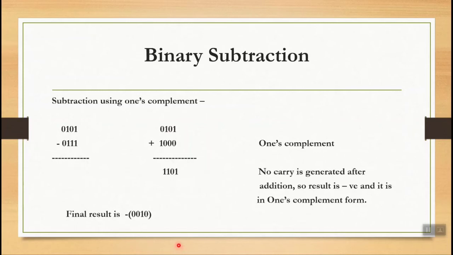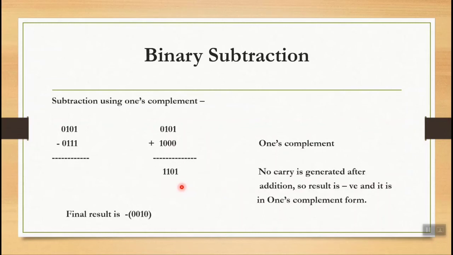So what we have done, instead of this subtraction, we are doing it through 1's complement. So we made it 1's complement: 0 has become 1 and all the 1s have become 0. Now add it. Instead of subtraction we add it: 1 0 1 0 0 0 1 0 1 0 1 1. So this is the result of the 1's complement. There is no carry generated after addition, so the number is a negative number. If a carry is generated, that gets added and the number becomes positive.